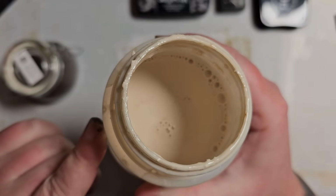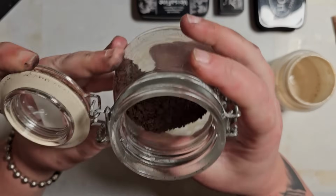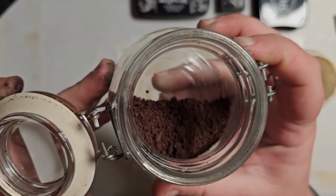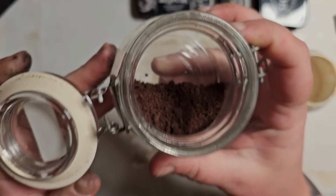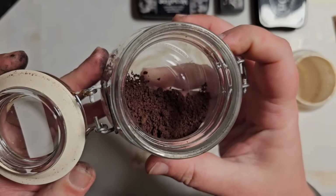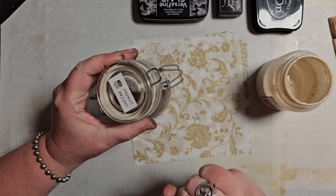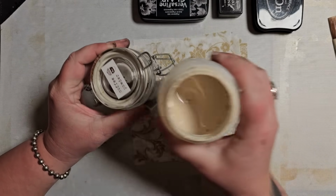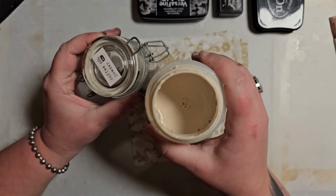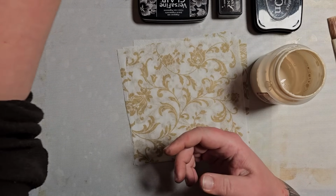This is brown because I've added some instant coffee powder. You know, this is just this dry powder, which you can mix with water, and then you have something that looks like coffee but tastes terrible. The smell is okay, but I wouldn't call this coffee. But for paper crafting, this is of course really good. I've added approximately a little less than a tablespoon to my mixture here, stirred it really well, and then the coffee got dissolved, and we have this brown mixture, because I found out that when I use napkins from my